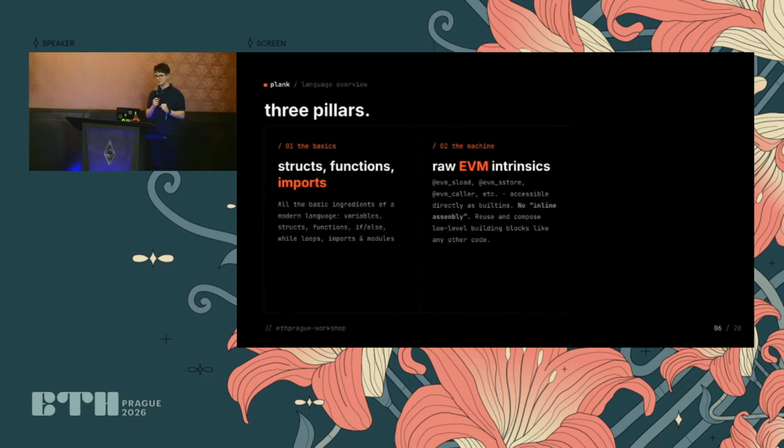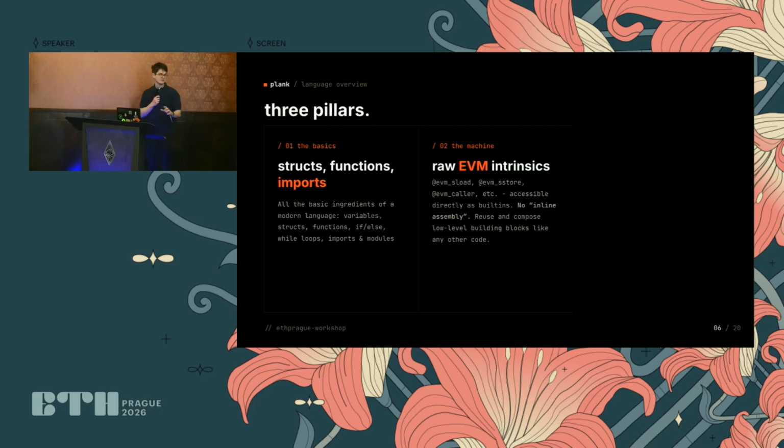The language is built on the bedrock of low-level EVM primitives. The reason this is so important is that for you to be able to let go of the low level as a developer and really trust that whatever you do is going to perform well and have good gas costs, you need to know that you're building on a foundation that is well optimized, that is doing the heavy lifting for you in the background, and that is only possible if someone is actually working on that, right? And to do that, you need to have the tools to access the lowest level, and sometimes when you're working on a more intricate project, you just need to access that level yourself.